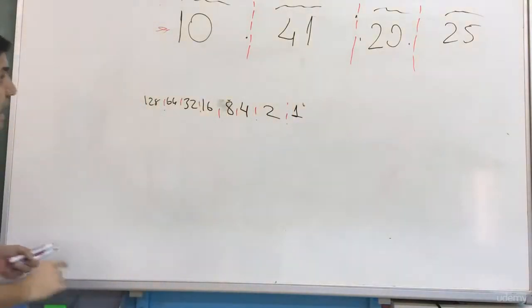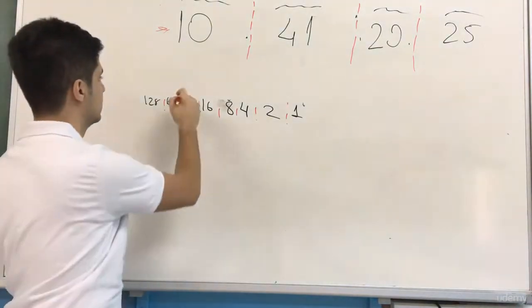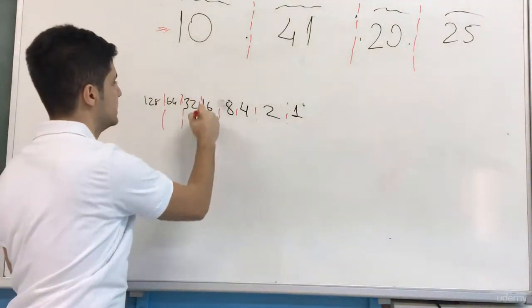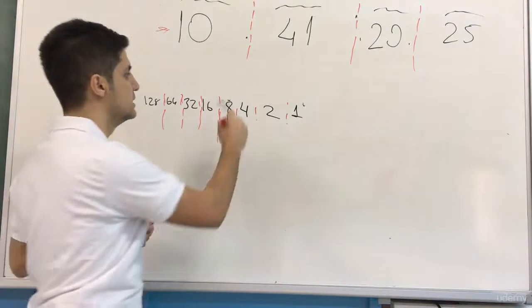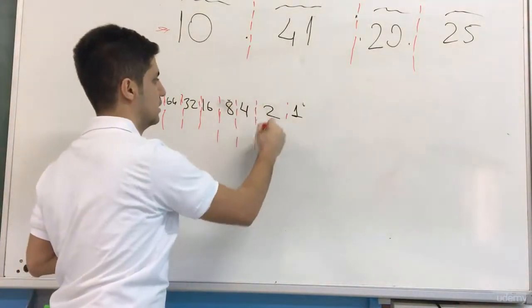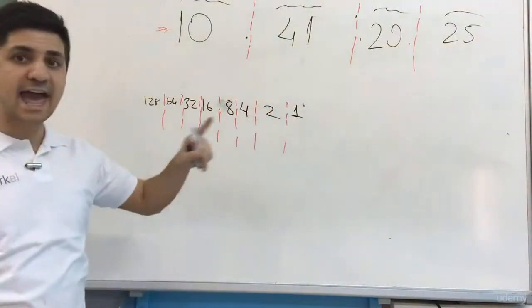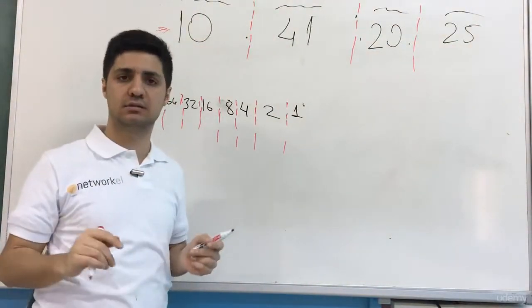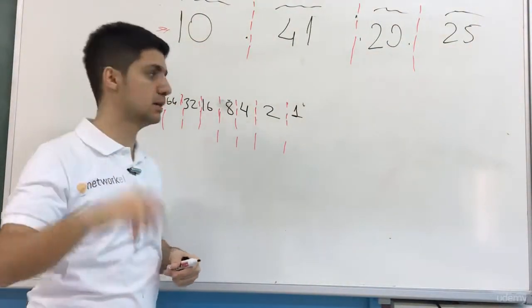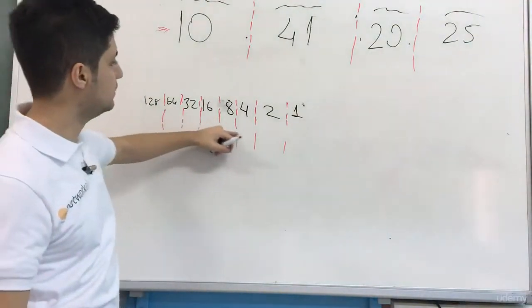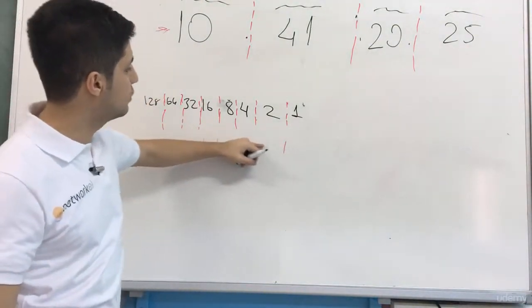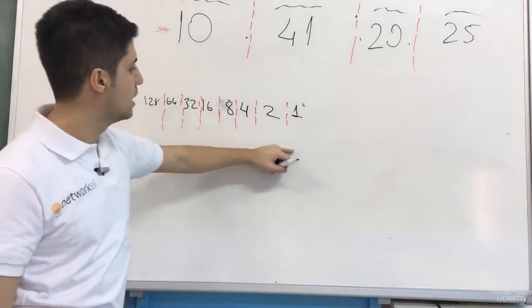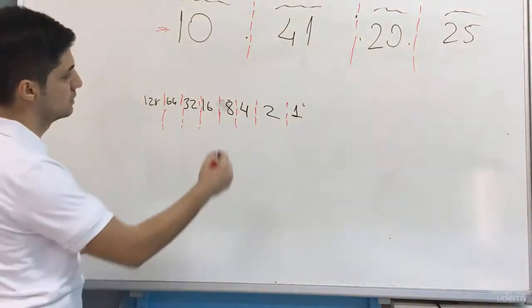Okay, how can I get 10 using these numbers together? I'm going to add some of them together, and I need to find 10. To get 10 from here, I can use